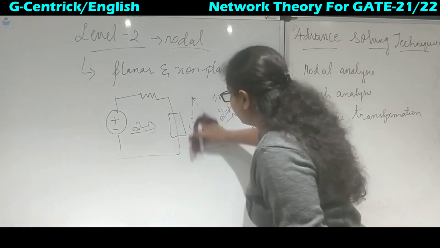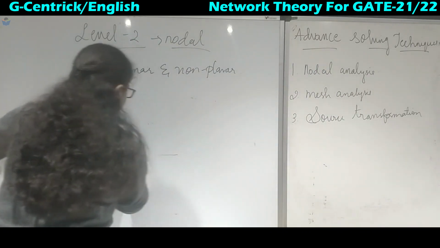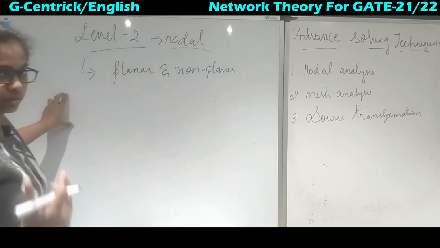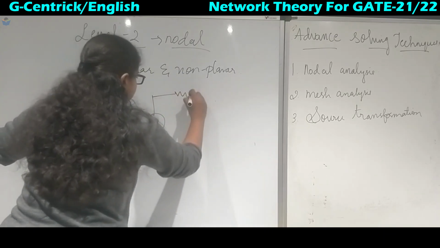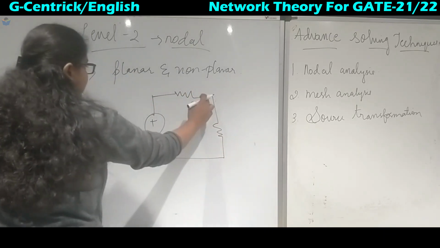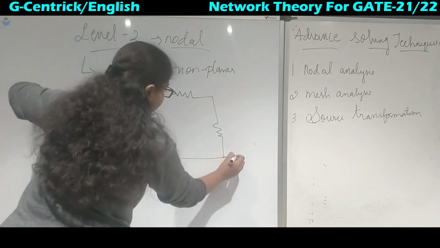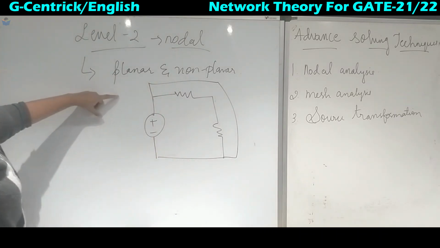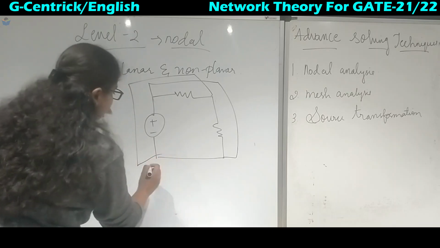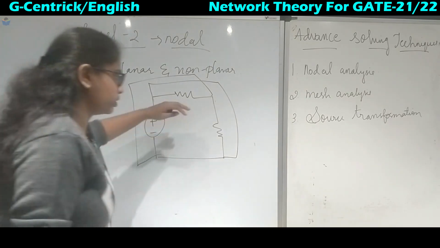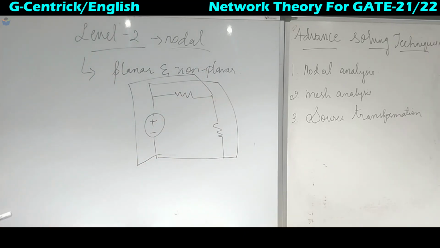So what do you mean by non-planar then? How does a non-planar circuit look? Basically it is 3-dimensional, but we cannot show on the board how the 3D direction is. So if this is the given circuit and there is some connection from here to here on the back side that we cannot see, we will draw a line here and connect it over here. Similarly, if there is one more line, we will take it here and connect here. So if you see it like this, then it is a non-planar, 3-dimensional view. Okay, so this is about non-planar.